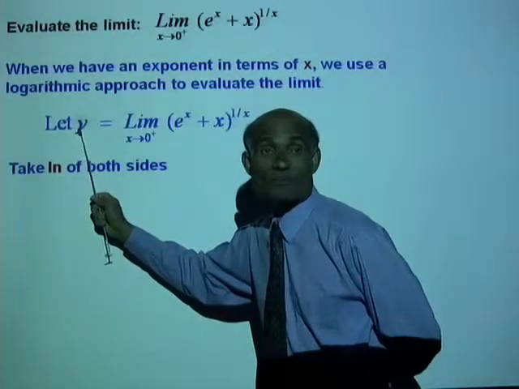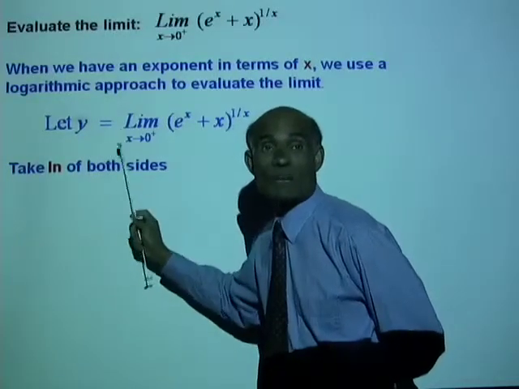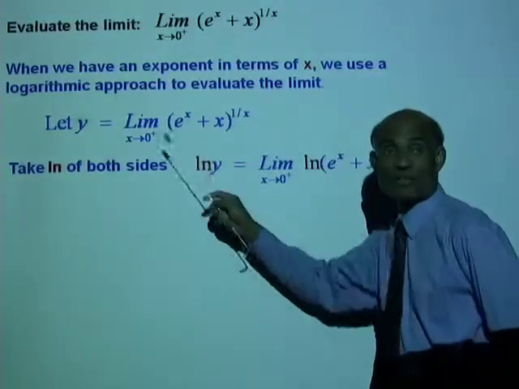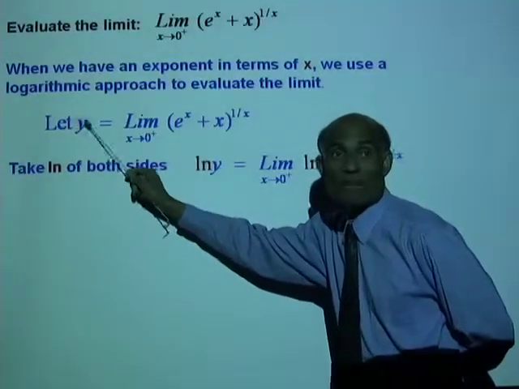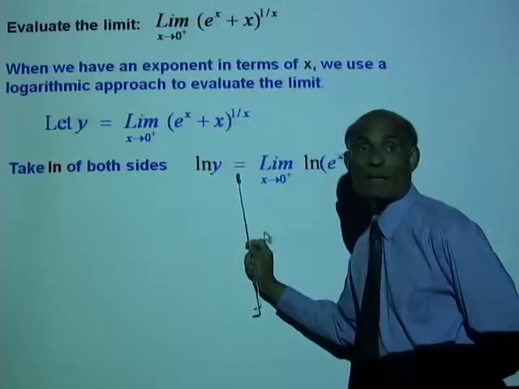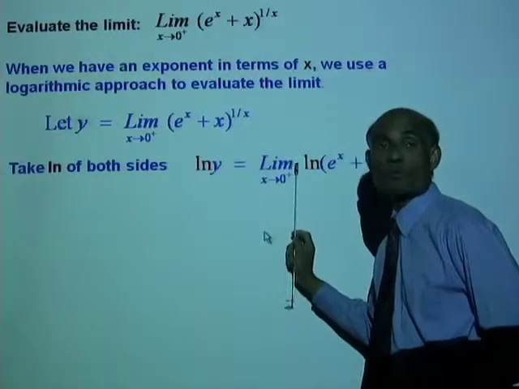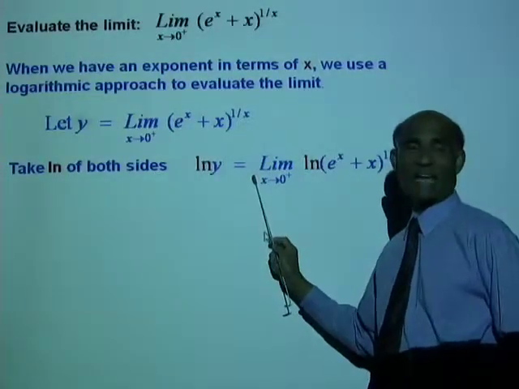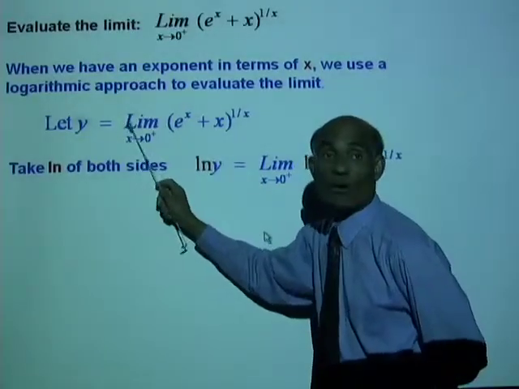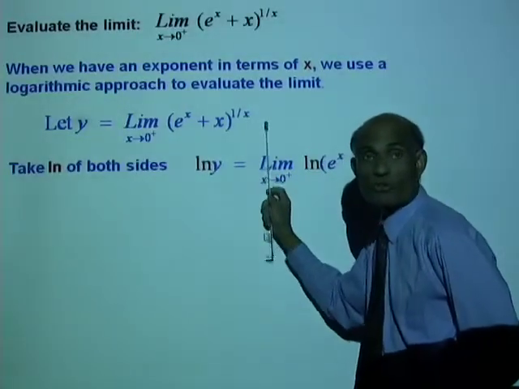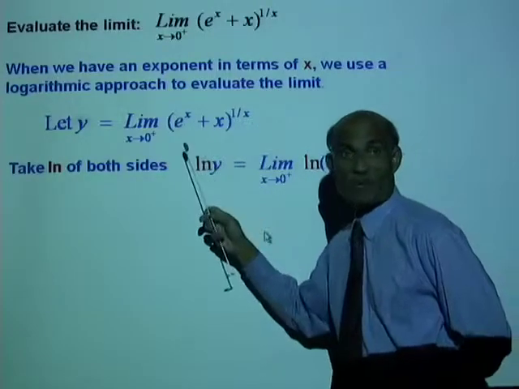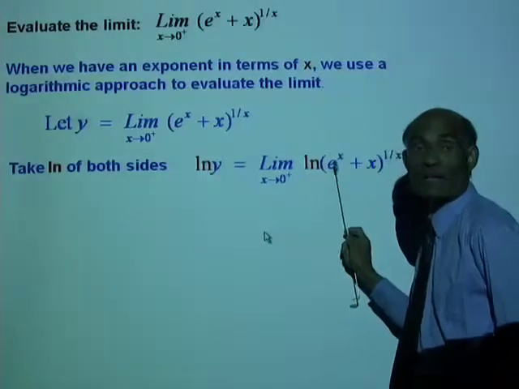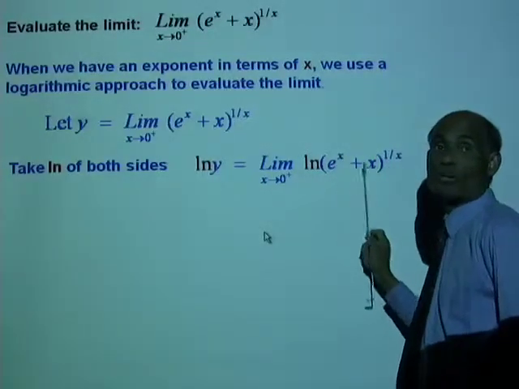Take the ln of the left side, which will be ln y, and the right side is ln of the limit as x approaches 0. Is that right? So taking ln of both sides, we get ln y equal to the limit as x approaches 0. See, we can put that process outside the ln. We can say ln of the limit as x approaches 0 of this quantity, which is the same as the limit as x approaches 0 from the right of ln (e to the power of x plus x) raised to the power of 1